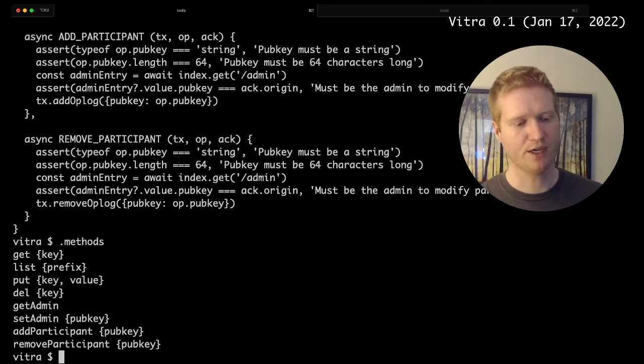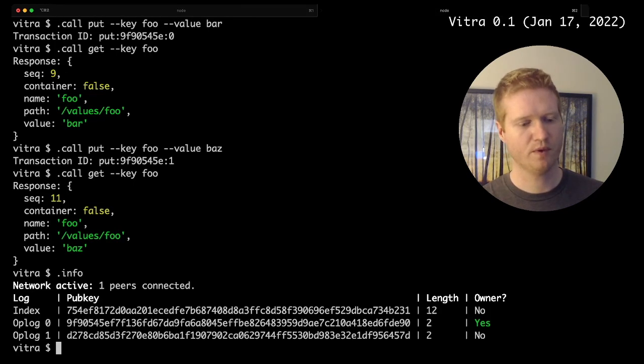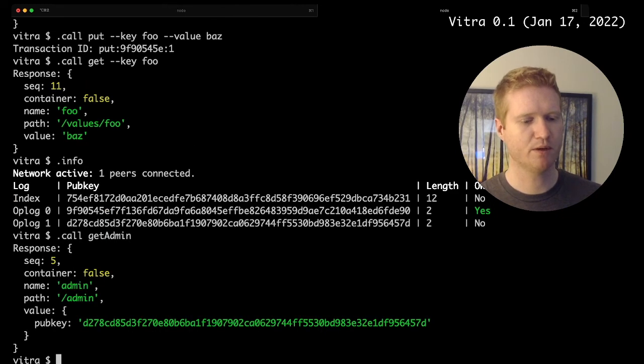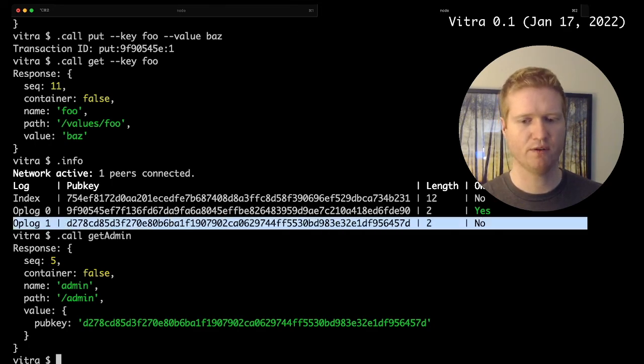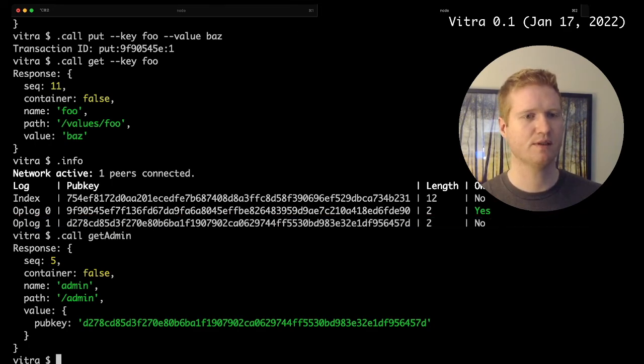In this particular case, this is entirely set by who's the admin. Well, let's take a look at who the admin is currently. So it's the pub key of D278C, and you can see over here that I am not the owner in this session of that oplog. That's this session over here. As a consequence of that, if I tried to do something like override the current admin, setting it to myself,